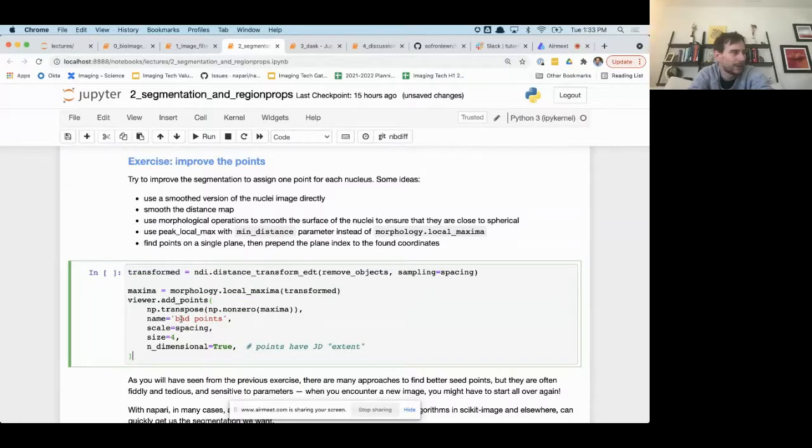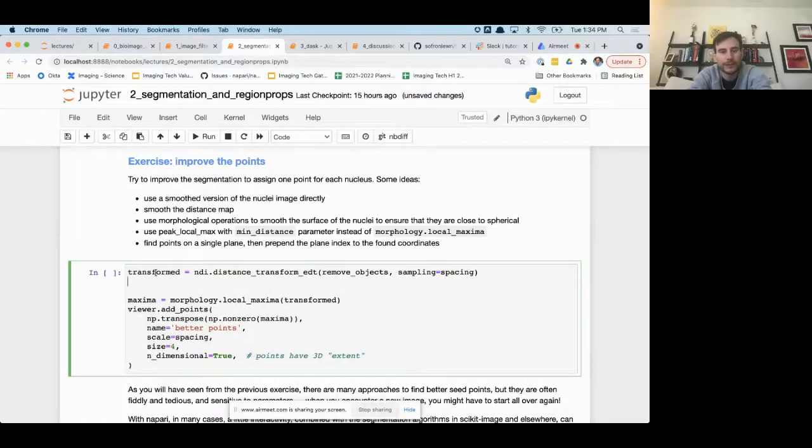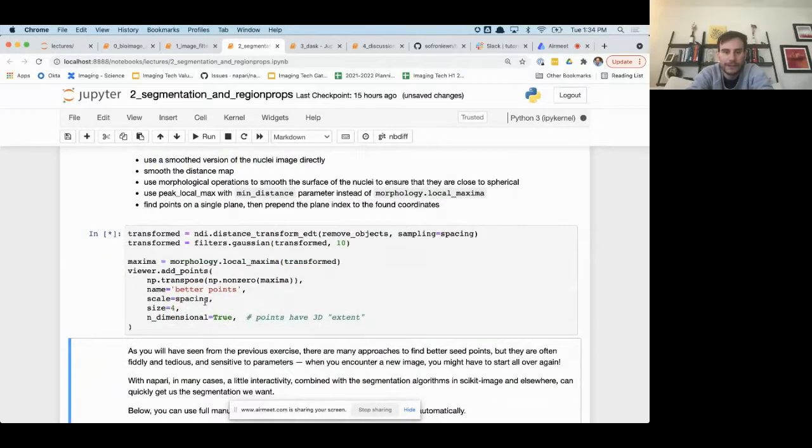Maybe I'm going to rename this beta points, as hopefully they're going to be a little bit better. But now, rather than just using the transform data directly, I'm just going to use the filters.Gaussian, and I'm going to use that with a size 10. So let's run this,